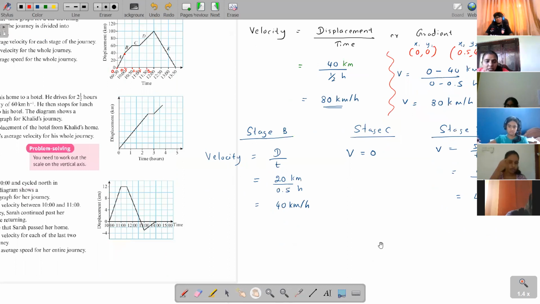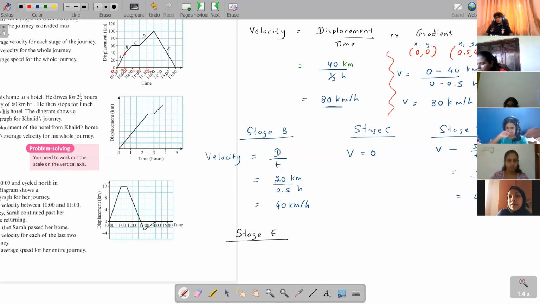Okay, stage E. This is where many of you went wrong. Your answers are wrong. Why is that? Only a few people, when I told them it was wrong, managed to correct it and send me the correct answer. Now I know when you use velocity as displacement over time, you get a different answer. So let me show you what we need to do here.